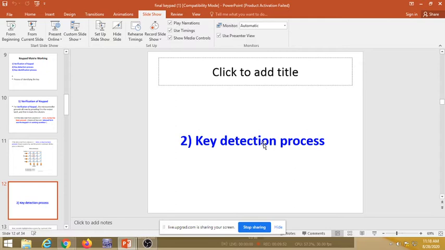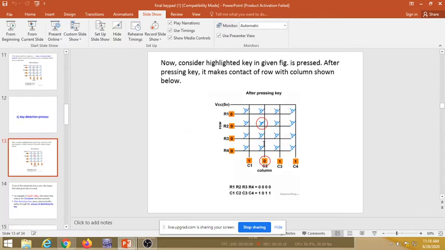Now the keypad is okay, the controller is okay, and the output device is also connected properly, but until no one presses any key, it will remain in the loop. When any key gets pressed, it must be detected by the controller. That is your next task. The first task is over, the keypad is in running condition. The second task is to check whether any key is pressed or not. Now how to do this next task?